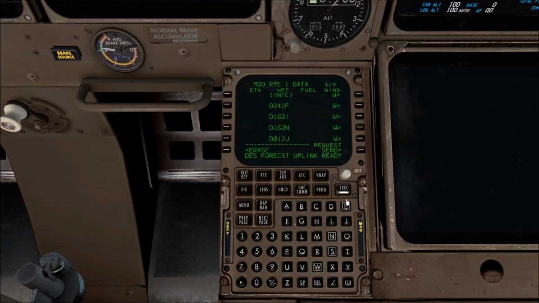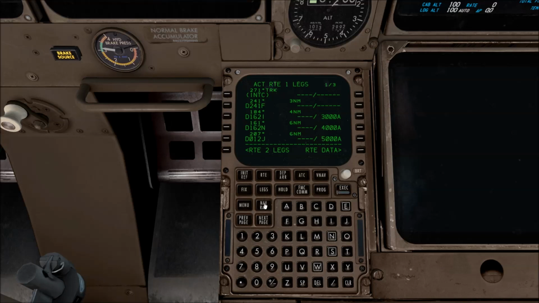So we can disregard the descent forecast uplink ready message by pressing the clear button and then execute the wind data. To check that the wind data is there, we can pick up any waypoint on the flight plan here. For example, WAFU, and you can see that we've got data for a sample of levels there, which is all good. So we'll go back to legs page, and then our next step is to go to the nav rad page,